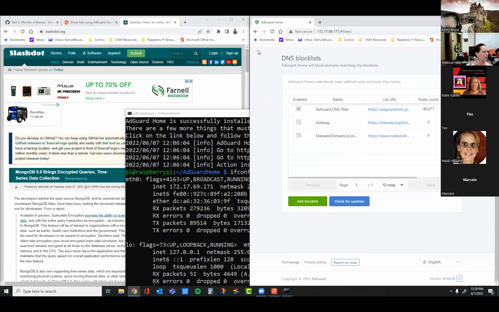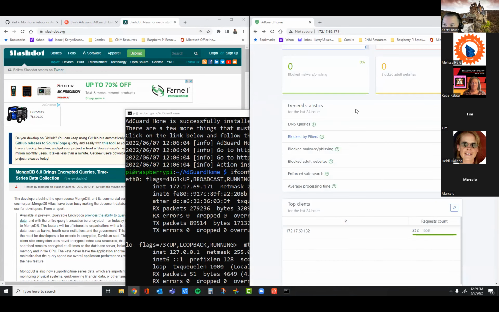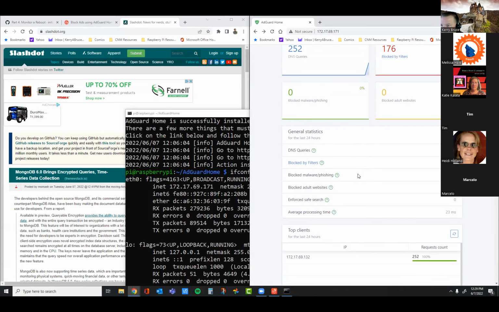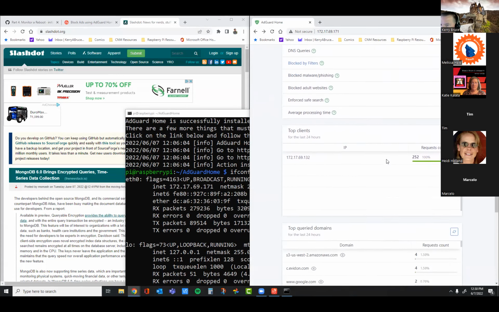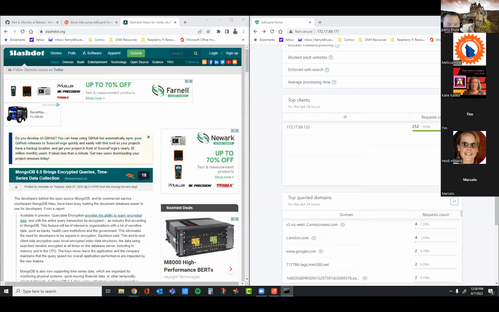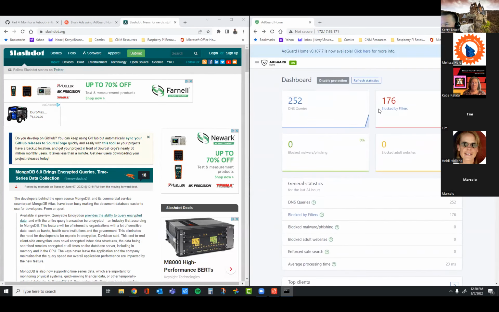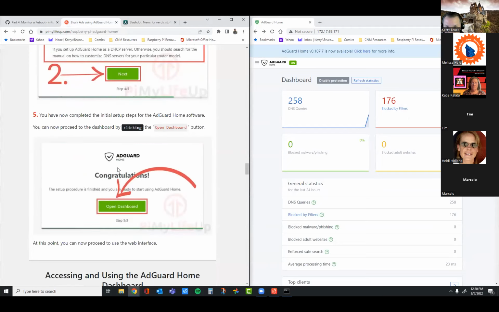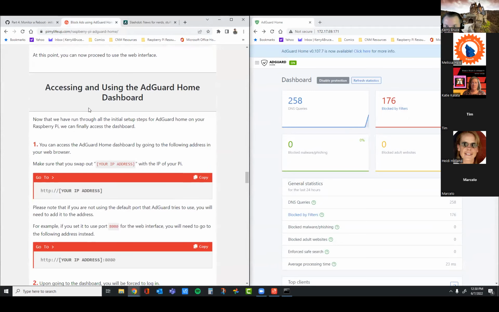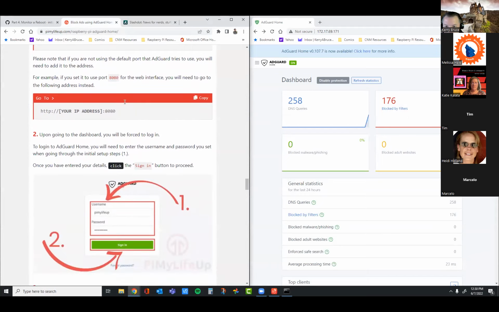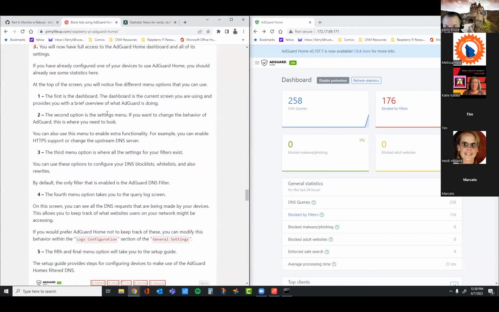So we haven't done any configuration at all. This is just as it comes out of the box. I'm curious, because now I'm thinking, how do we get rid of these ad choice things? It looks like ad choices doesn't get blocked out of the box, because they're still there. And we didn't get any passes. So we completed, open the dashboard. Accessing the dashboard, we've got the dashboard, that's fine, sign in.